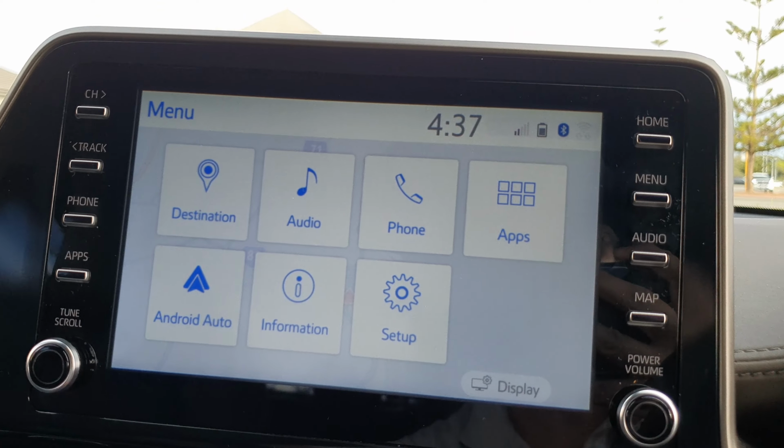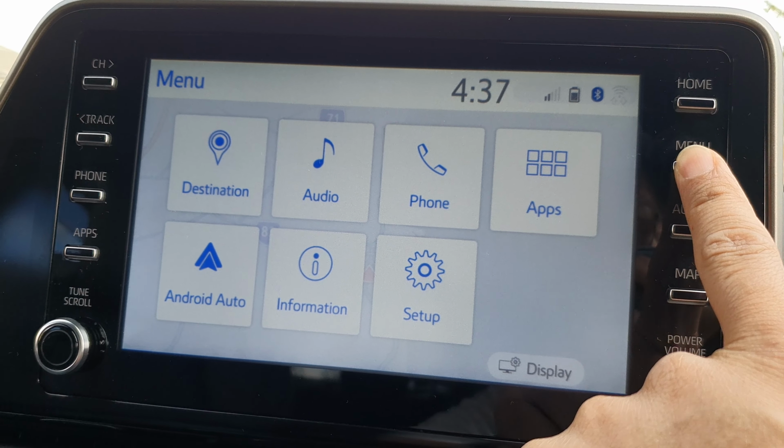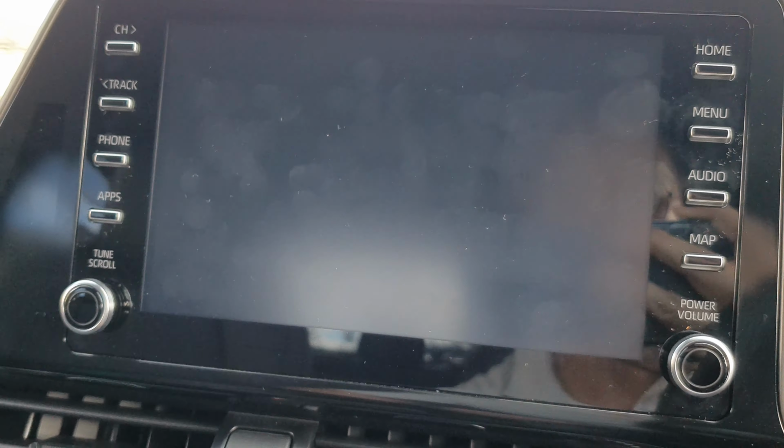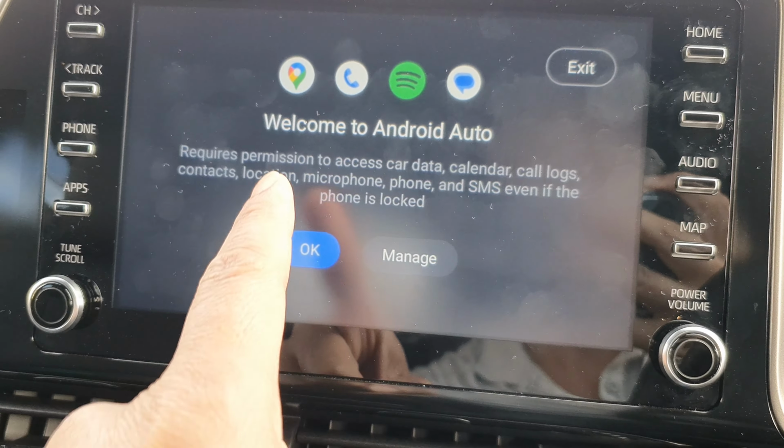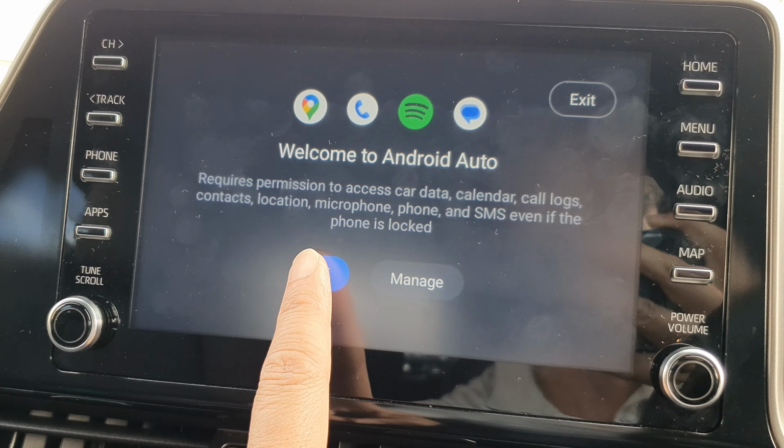So tap on next, and then we go to the screen to continue. Select Android Auto on your car system. Now I'm on the car system. Just press on the menu button, then tap on Android Auto, and here it says welcome to Android Auto. So tap on OK,